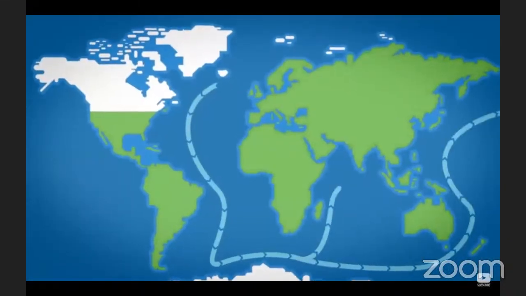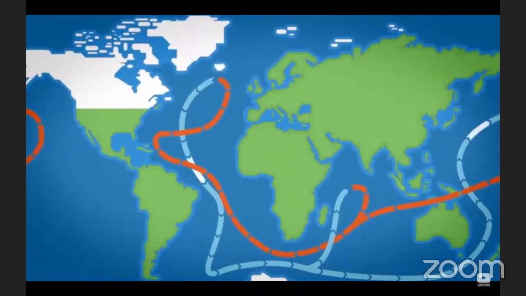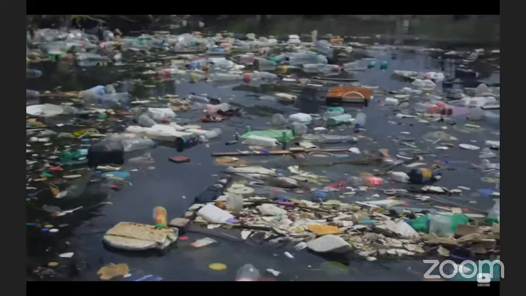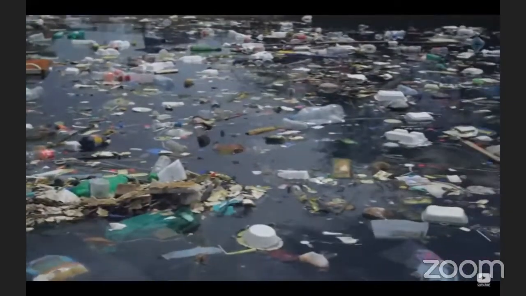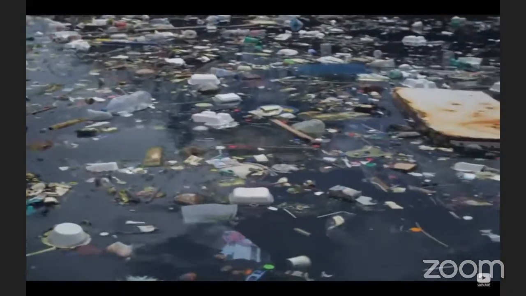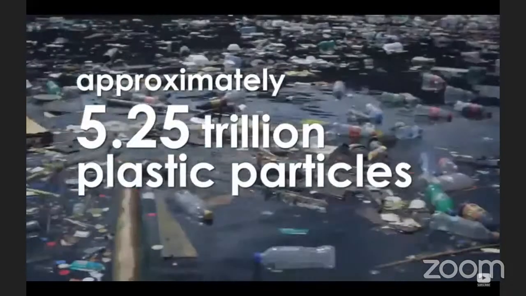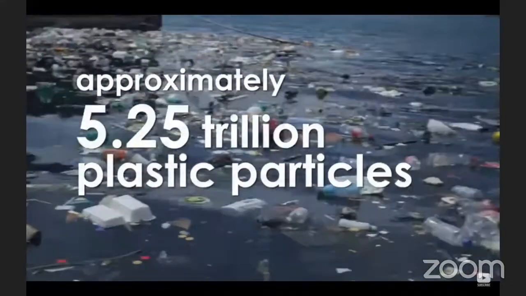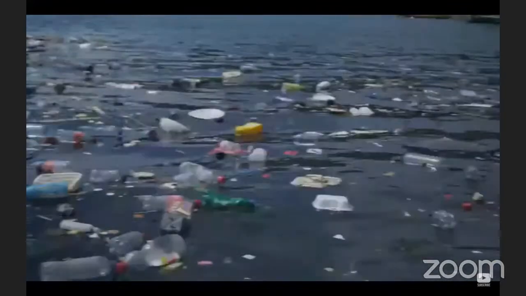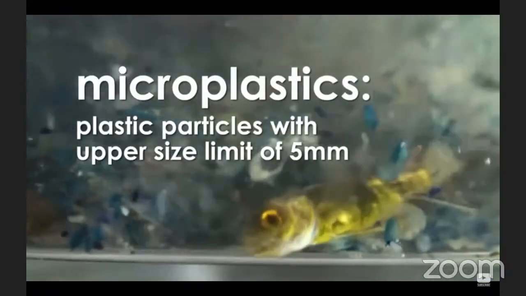The ocean circulation transports floating plastic around the globe over 50 years. Every part of the ocean examined so far has revealed its presence. Plastics in the ocean degrade into smaller pieces through the effects of sunlight, oxidation, and the abrasion of waves and currents, often to the point where they are no longer visible. Marine organisms from zooplankton to fish consume these so-called microplastics, mistaking them for food.